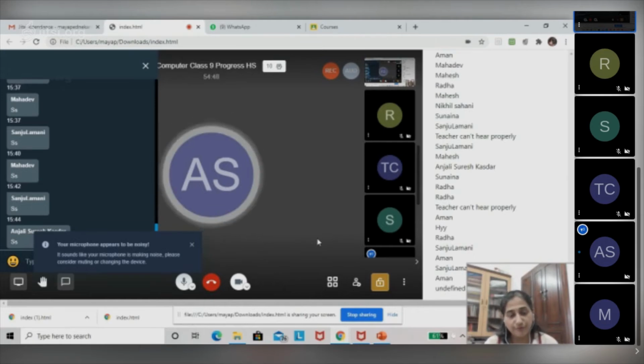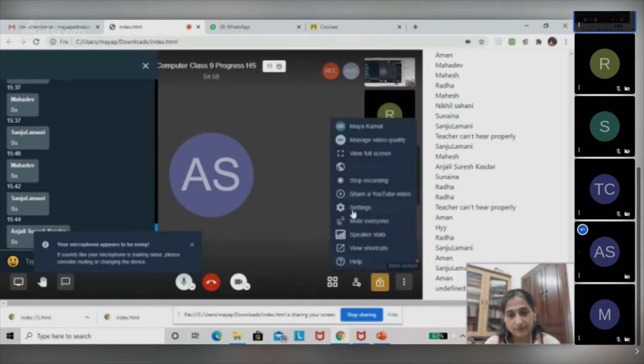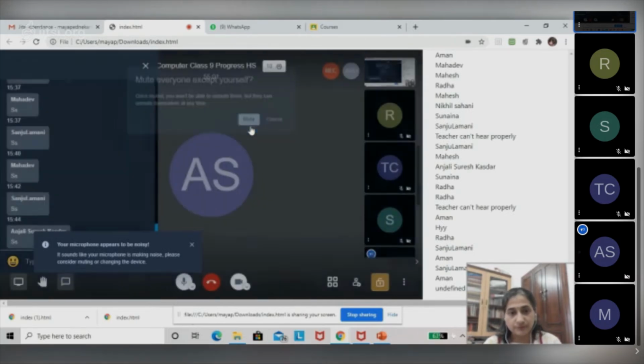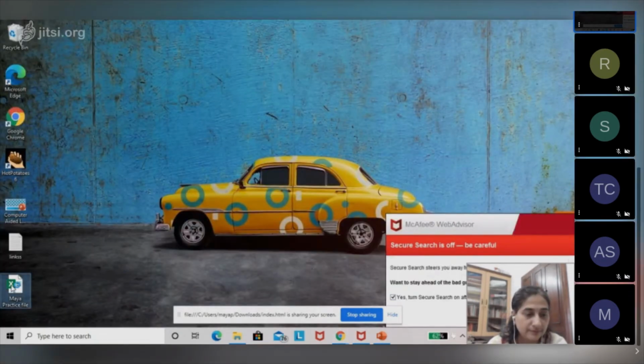So far we covered what is meant by row, column, active cell, how to enter the data, how to modify data, how to locate the different screen elements, which is the title bar, the menu bar, followed by the toolbar. What is left out now is the horizontal and the vertical scroll bar.